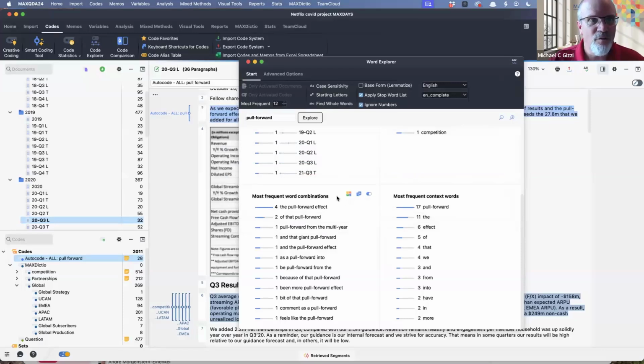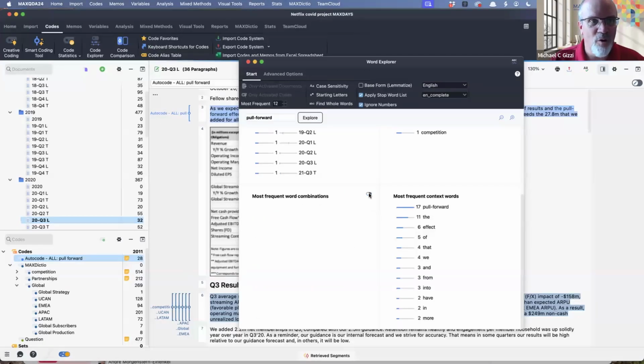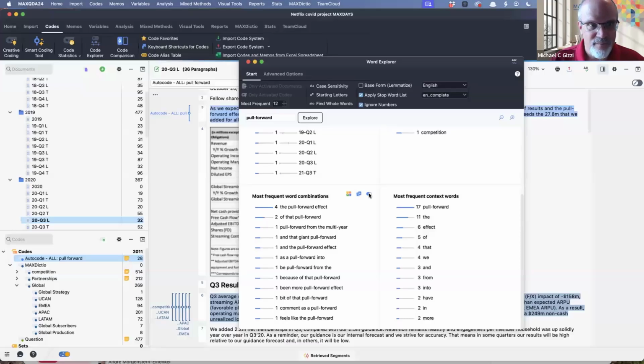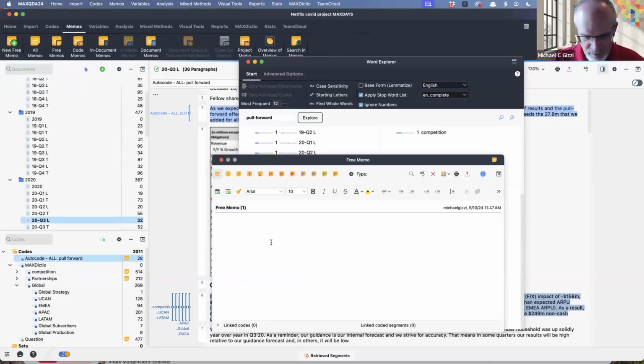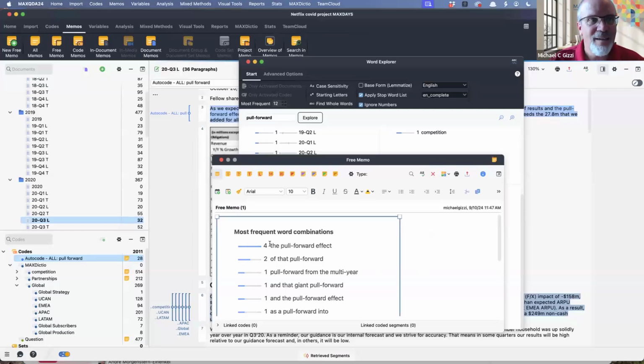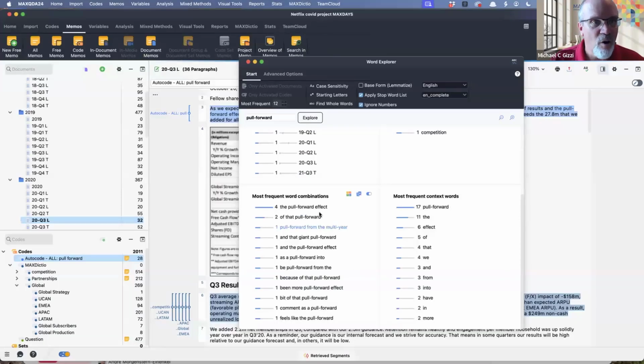The other thing you can do is notice here when you hover over the box, you have the option, one, you can turn that window off if you want, if you don't need it. You have the option to copy it, and it's now an image that's been copied. I'll just dump it into a free memo. And that is a graphic image. Okay, it's no longer interactive, but it's a graphic image. I can also send it to a QTT workshop,